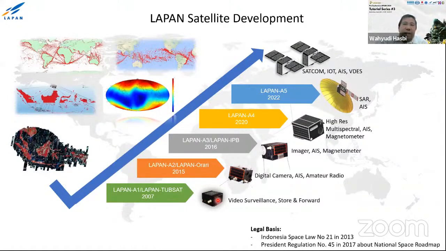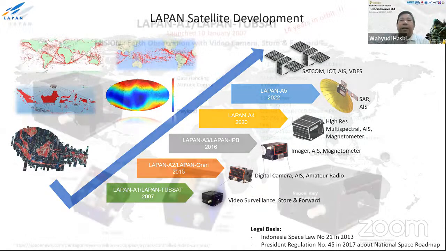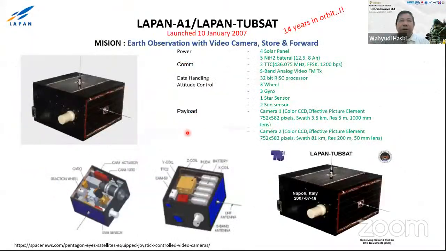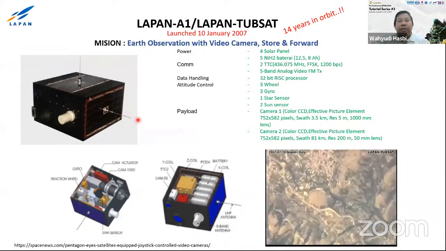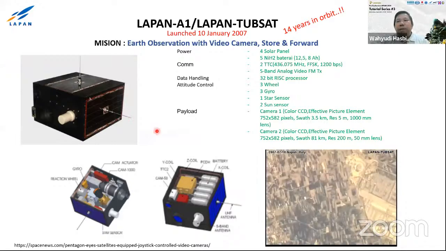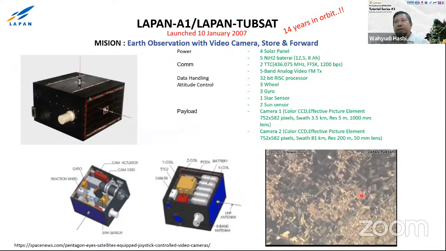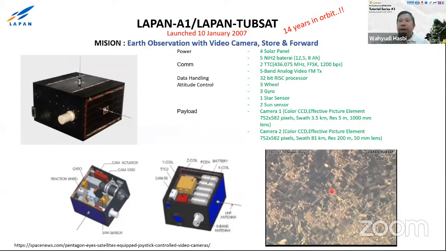We launched the satellite, and then we developed the second satellite in Indonesia, and we are moving forward now to develop our fourth satellite, and later on will be the fifth satellite. And then this is one of our first satellite. This is a microsatellite. The weight is about 50 kilograms, and you can see here very nicely the video coming from